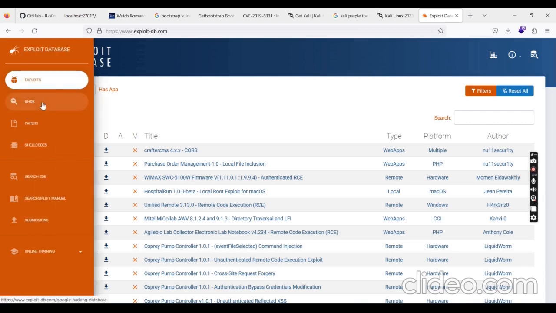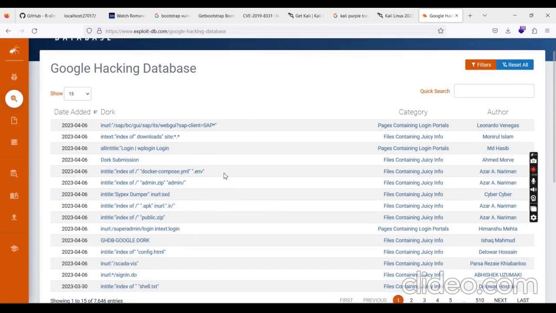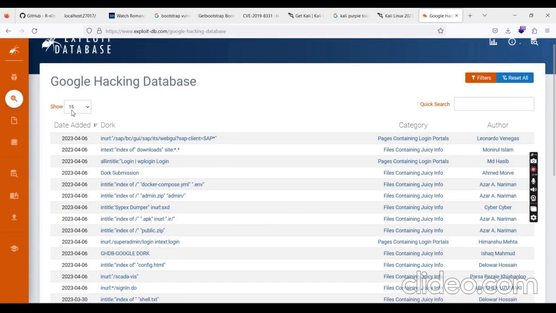And if you go here, it's a Google hacking database. These are the simple things which we can use in a search engine, in Google itself. So by using all these things we will get results. Papers,